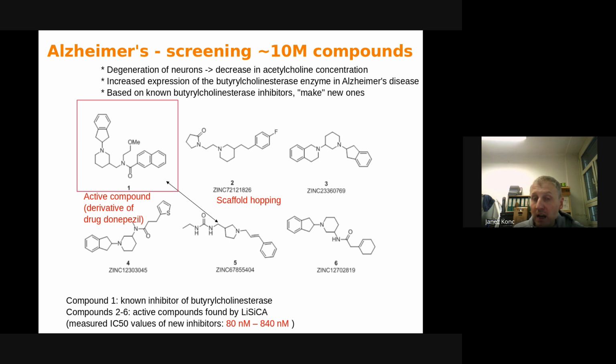So we want compounds that retain some properties of our drug donepezil, but do not resemble it perfectly. Why is that? Because in this early stage of drug discovery, we want to do so-called scaffold hopping. We want to increase the number of different scaffolds that we are going to test as much as possible